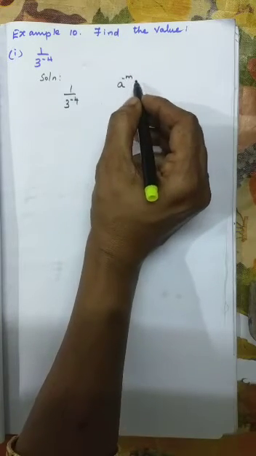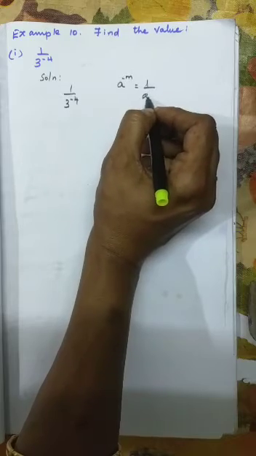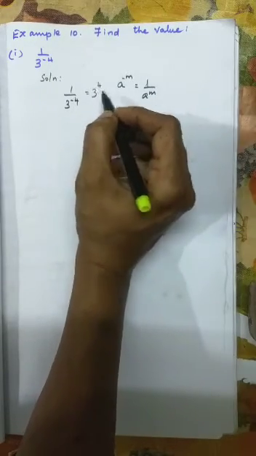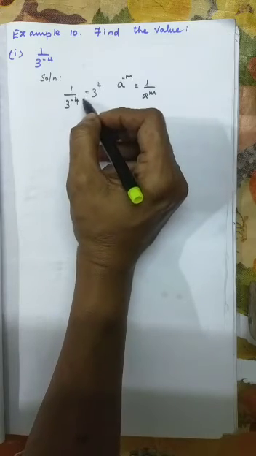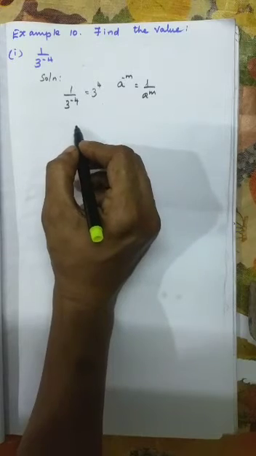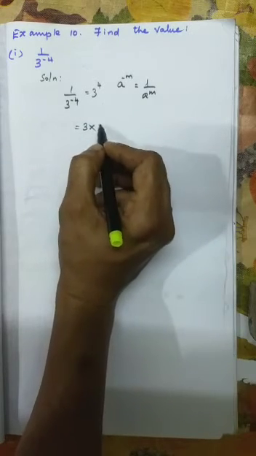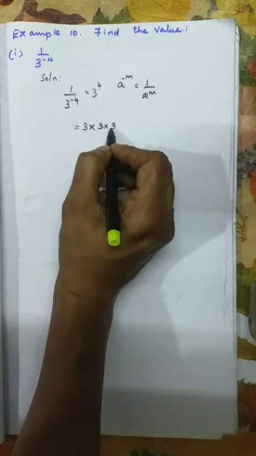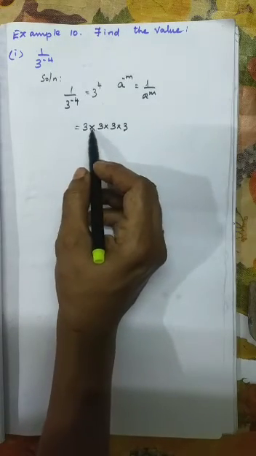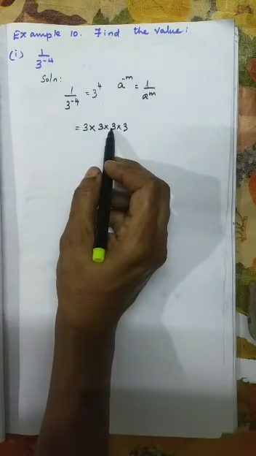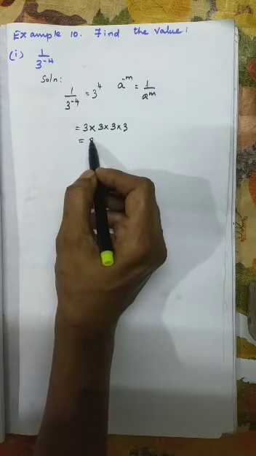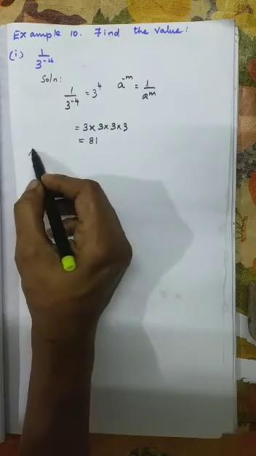A power minus m is equal to 1 by a power m, isn't it? 3 power minus 4 comes as 3 power 4. Okay. So the answer is 3 into 3 into 3 into 3. So 3 3s are 9, 9 3s are 27, 27 3s are 81. So the answer is